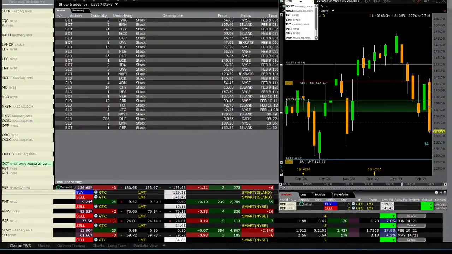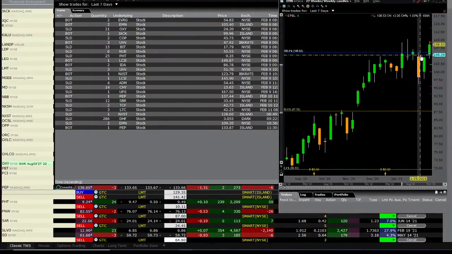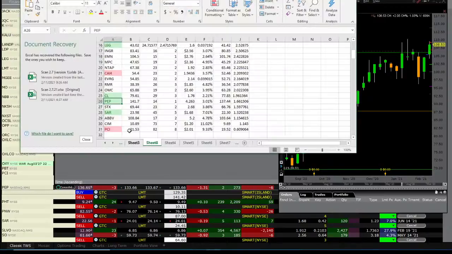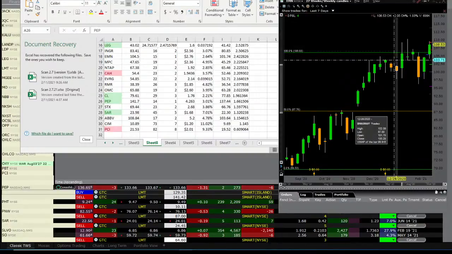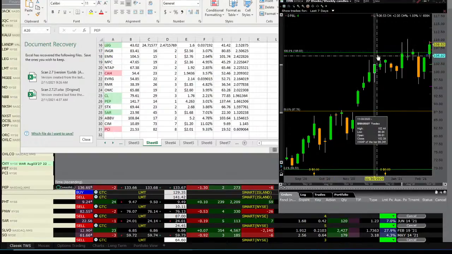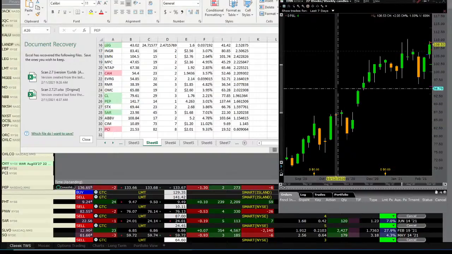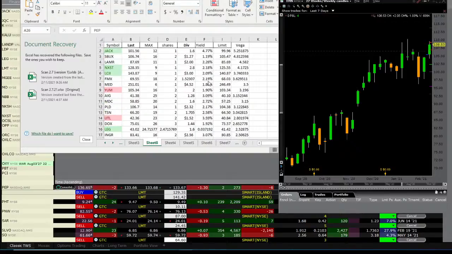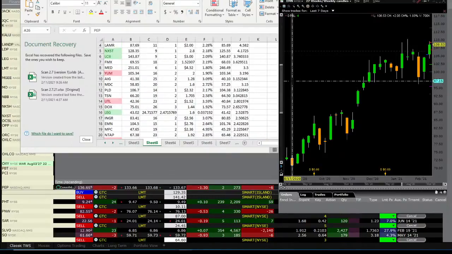So EMN, Eastman Kodak. You can see that the original entry, that was this week, was it not? EMN right there. So we took that. You can see the little blue tick there, and you can see the little red tick there. So that was a buy and sell on this week. So we clean up our chart, remove all the Fibonacci lines, and we're good to go. So this scan was only good for this week. So there's a few, if we go down through them,